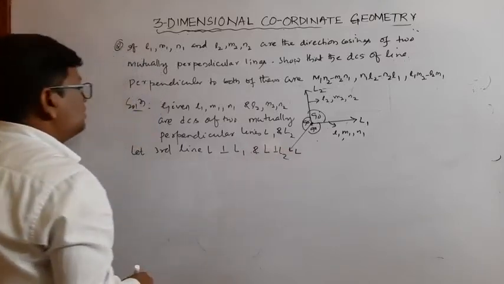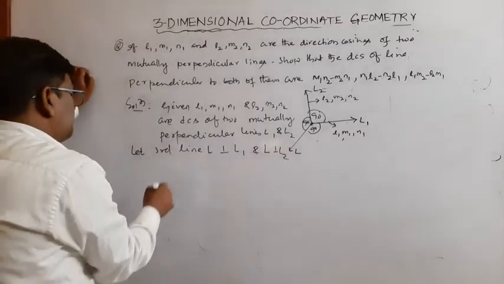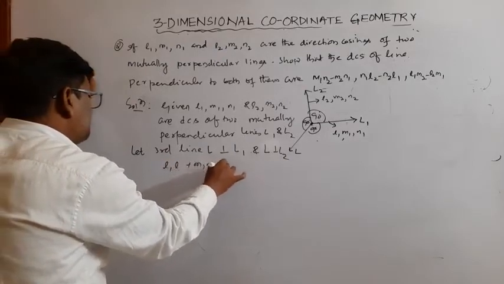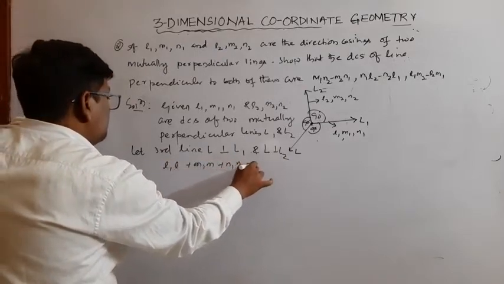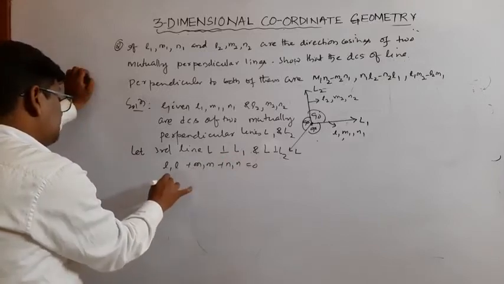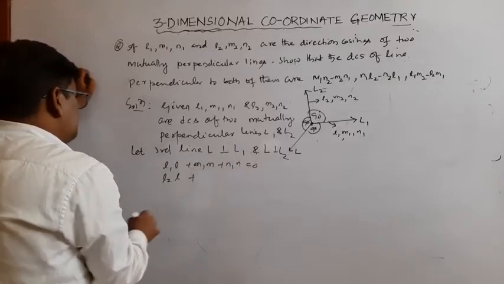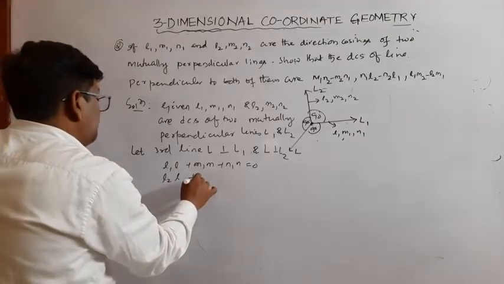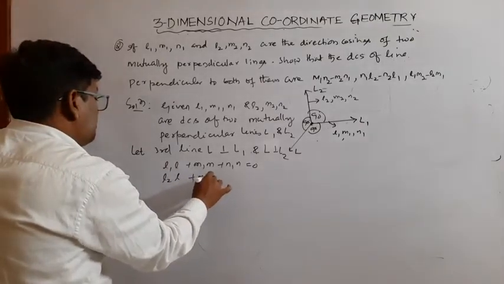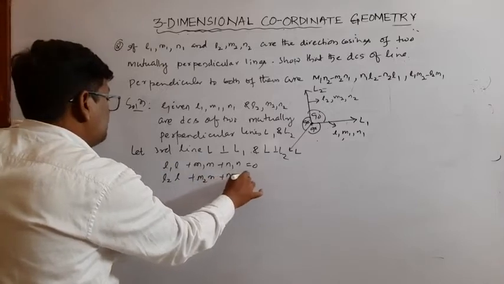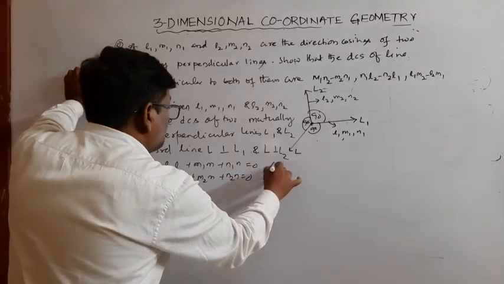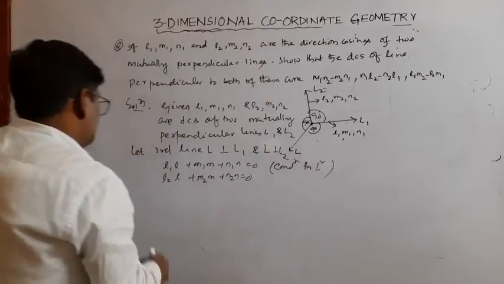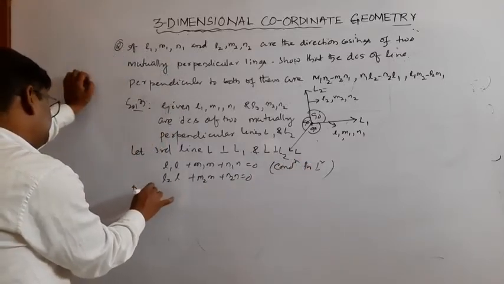By definition, that is what we get here: L1 into L, M1 into M plus N1 into N is equal to 0. This is the condition for perpendicular. L2 into L, M2 into M plus N2 into N is equal to 0. This is also the condition for perpendicular. Okay, by cross multiplication,